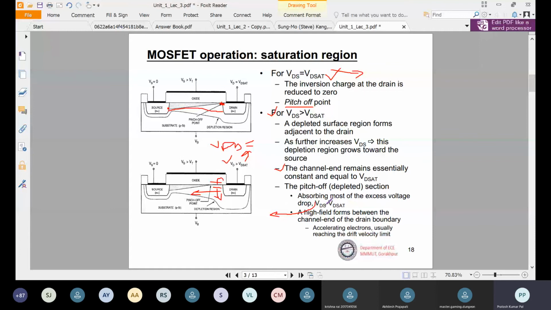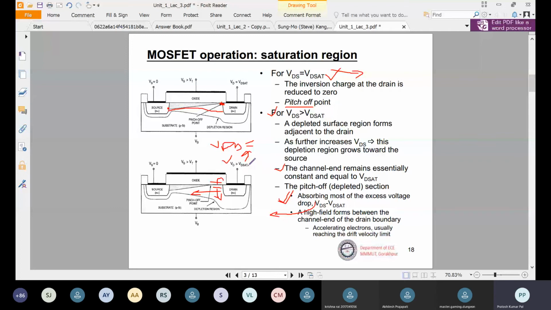Okay, this pinch off section will be absorbing the extra VDS that we will be applying beyond VD set. ये पार्ट आप लैब वाले सेक्शन में आप देखोगे, आफ्टर एनालिसिस अगर हम वहाँ पे करेंगे तो वहाँ पे हमें फाइंड आउट ये होगा कि अगर हम ड्रेन टू सोर्स वोल्टेज अप्लाई करते हैं, और अगर वो VD सेट से ज़्यादा जा रहा है, then also the drain to source voltage practically across the drain to source will be VD set only.